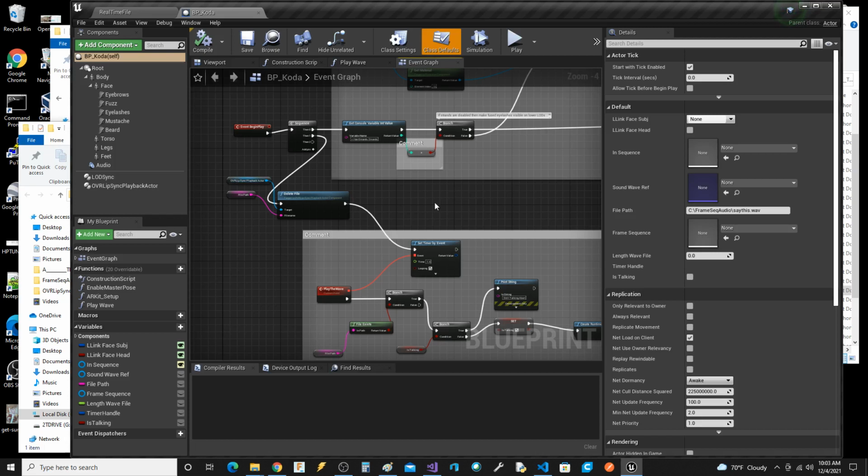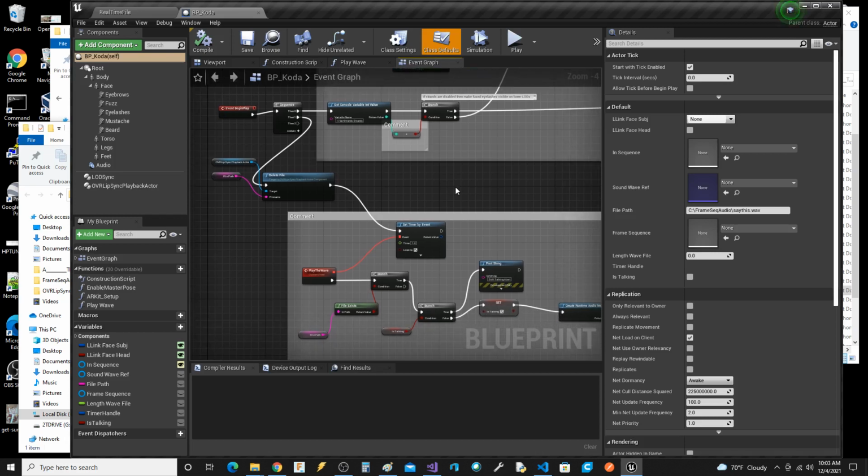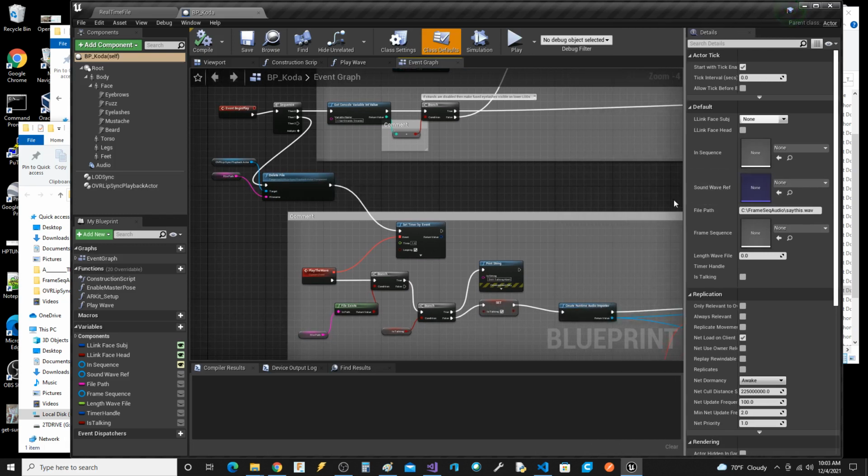The things I added were, I couldn't find out how to delete a file inside of Unreal, and maybe there's some other way to do it, but since I have the lip sync code, I just added a function to the component so I could delete the stupid file.